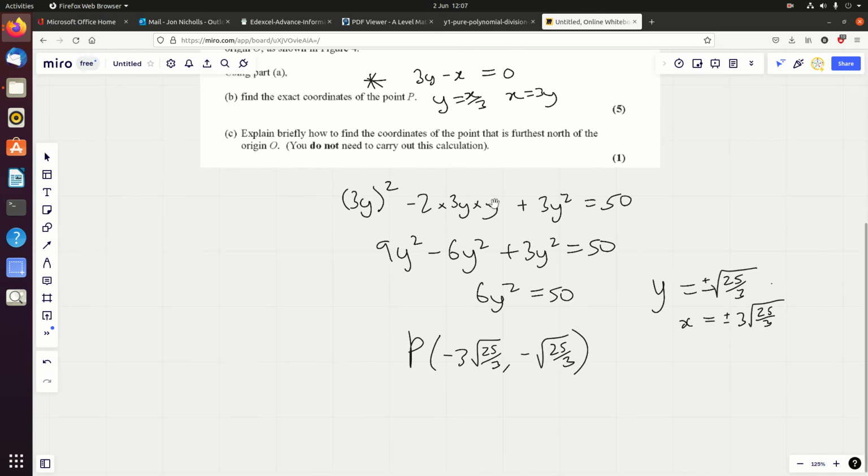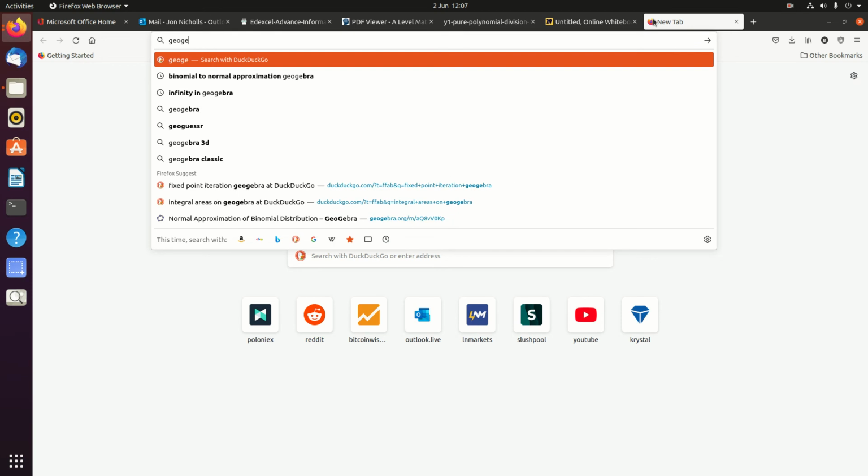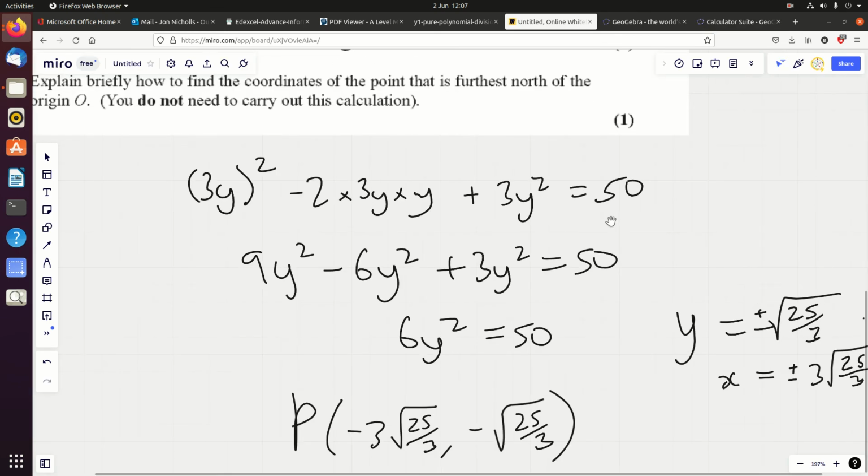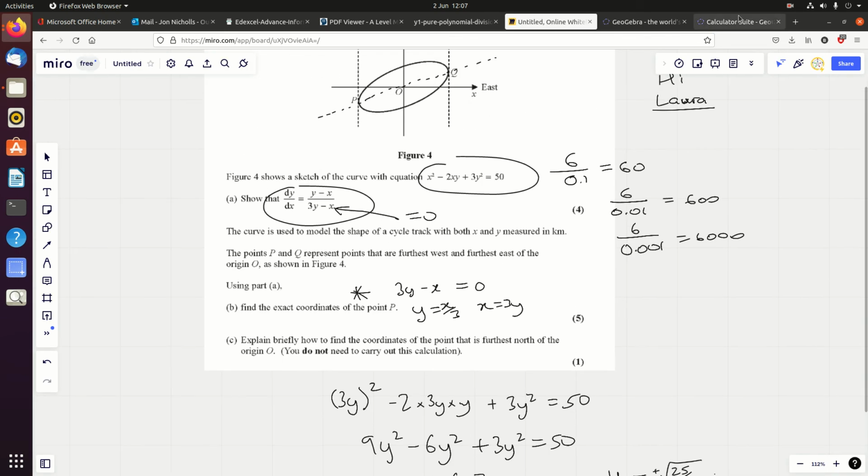Now, just to check I'm right, I'm just going to quickly use GeoGebra online. Yeah, this should work. If we just type in now the equation of the curve, what was it? X squared minus 2xy